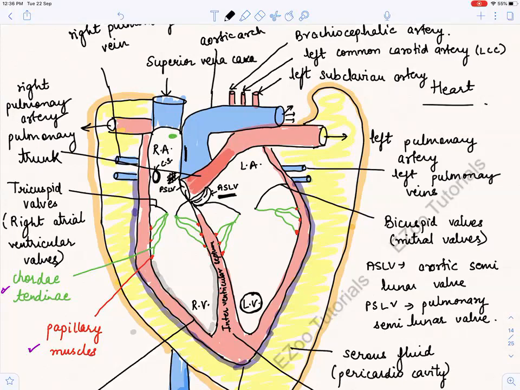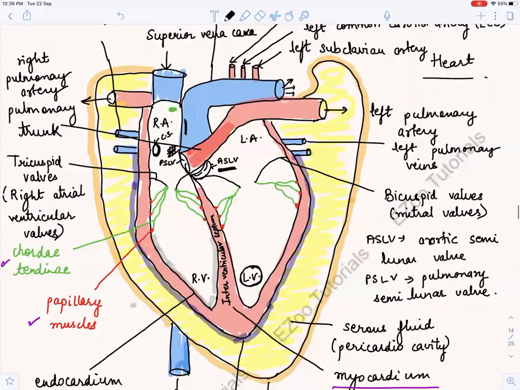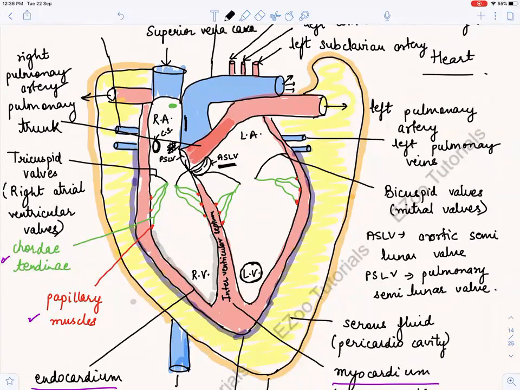ठीक है, so this is all about the heart that we have done today. I hope it was a very nice session, because it is a very, very important session, because unless and until you understand heart, I don't think you can understand the various cardiac cycles and all, and various other things that are there, like the cardiac conduction, and then the pacemakers and the cardiac cycle. You have to understand this structure very nicely.